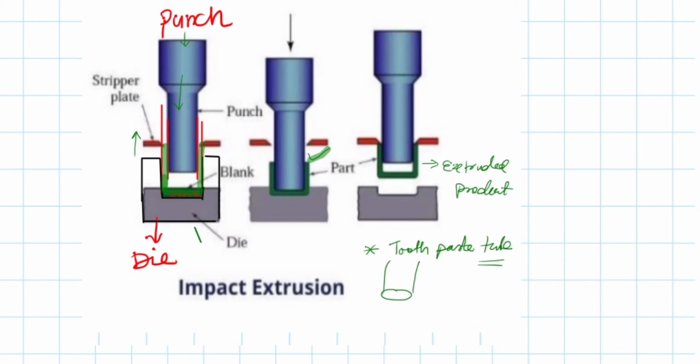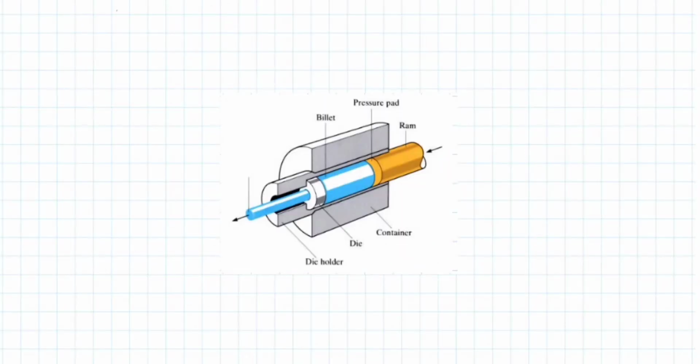Okay, next we have the hydrostatic extrusion. Just like the impact extrusion was an extension, or a similar way, of the indirect extrusion, this hydrostatic extrusion is like the direct extrusion. It means that if the direction of the application of the force is in this direction, in the same direction we will get the product, just like in the direct extrusion process, with a change that the billet in this case is compressed with the help of some kind of fluid.